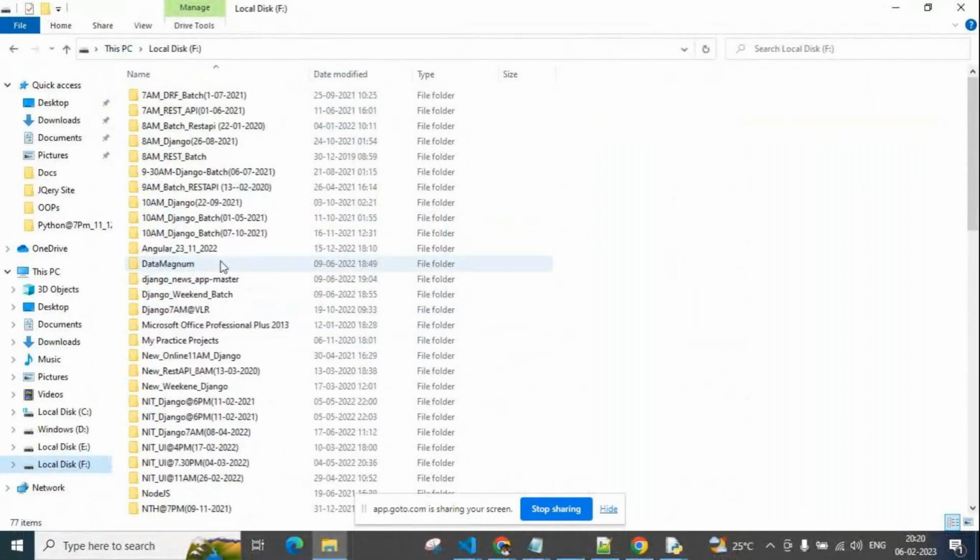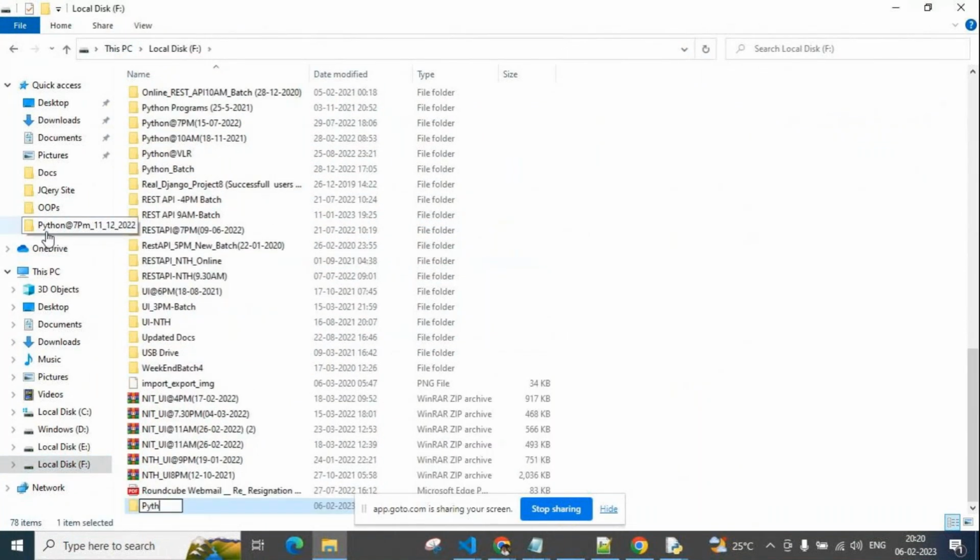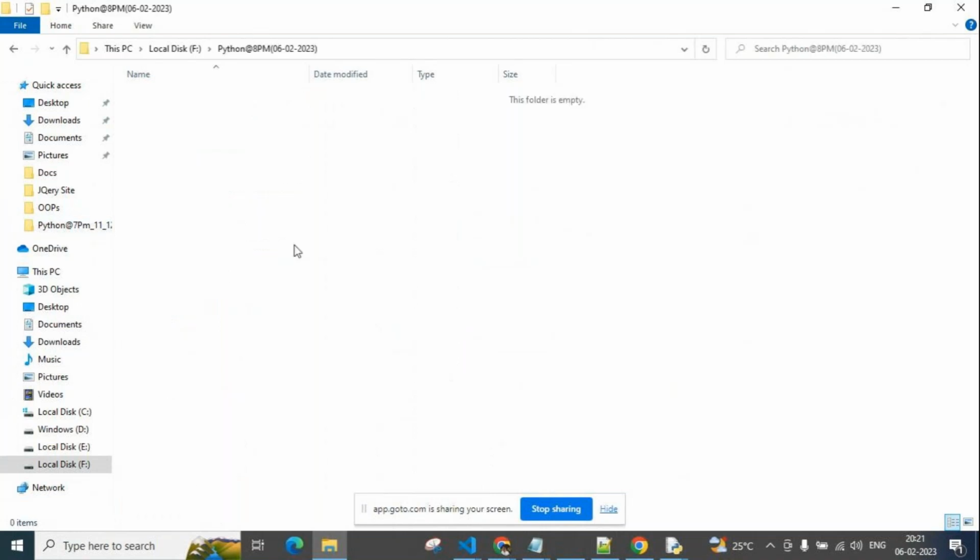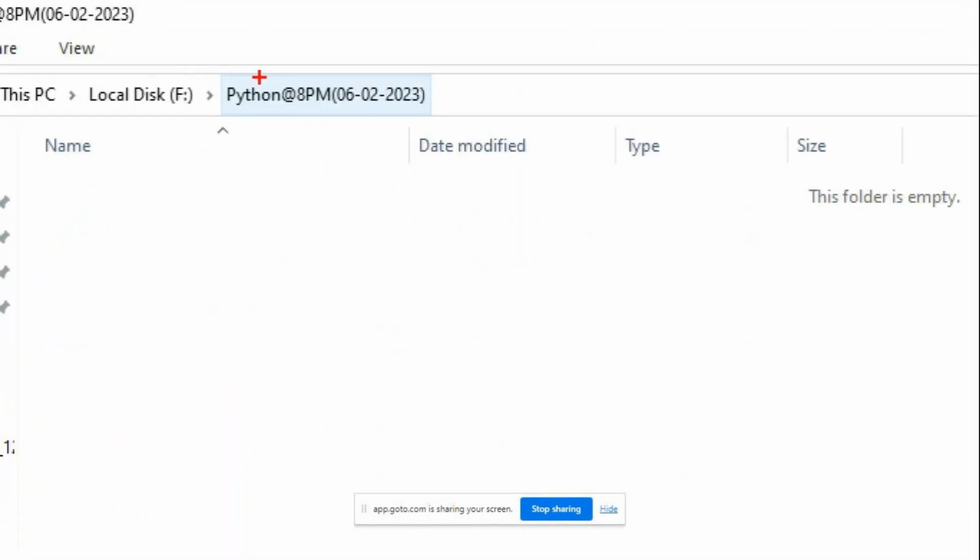Here I'm creating a folder named Python 8 p.m. batch, with today's date, 2023. This is our folder, guys. Wherever you want, you can create it there. Python 8 p.m. batch, with so and so date, like that.